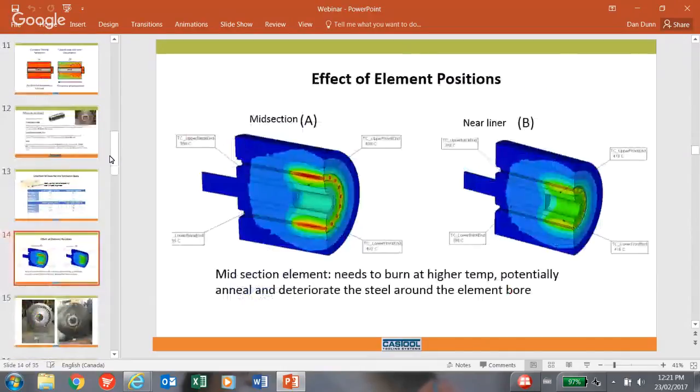Let's now look at the advantages of element placement. In figure A, the elements are placed central to the container mass. The modeling shows the elements burn at a higher rate and a higher temperature. As the system tries to heat the entire mass, the result of this can cause localized annealing around the element